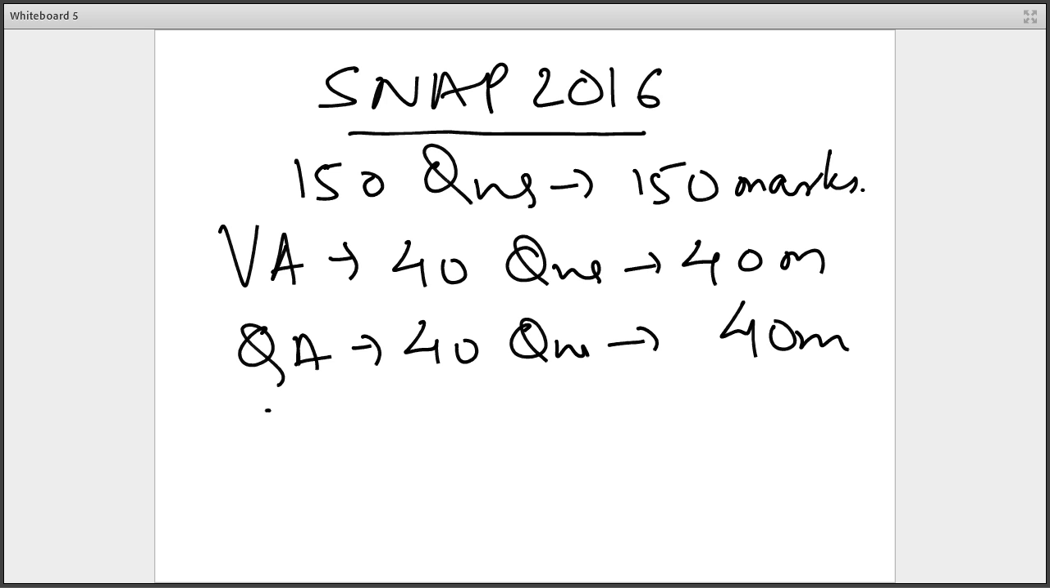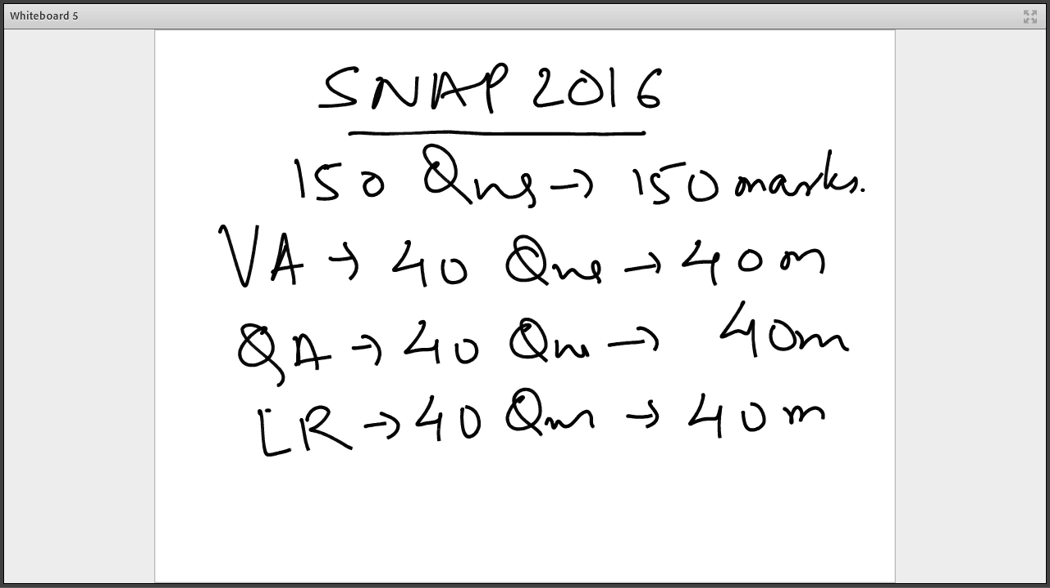In LR, this year you are going to have 40 questions of 40 marks, while last year this used to be just 30 questions for 60 marks. Now they have reduced the weightage of LR in terms of per question as well as the overall section and increased the number of questions. So this directly indicates that this year the level of LR in SNAP is going to be lower as compared to that of last year,